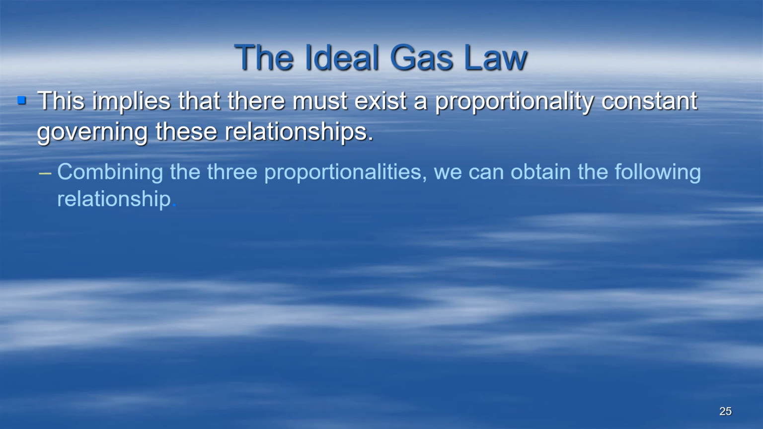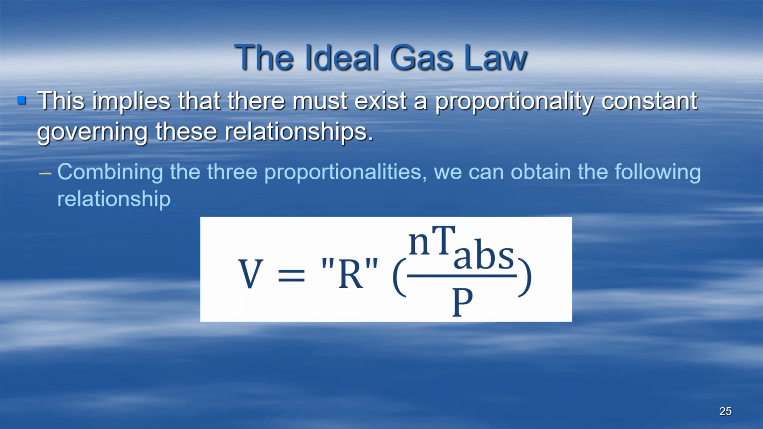we end up with a formula where volume is directly related to moles, directly related to absolute temperature, indirectly related to pressure, and then there's some constant here that relates them all to each other. So volume is directly related to moles, temperature, indirectly related to pressure, and there's some kind of proportionality constant. So obviously volume is not equal to that, but it's proportional to NT